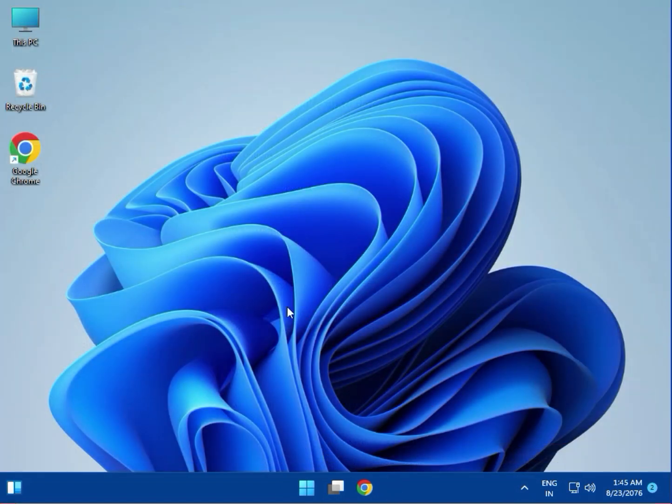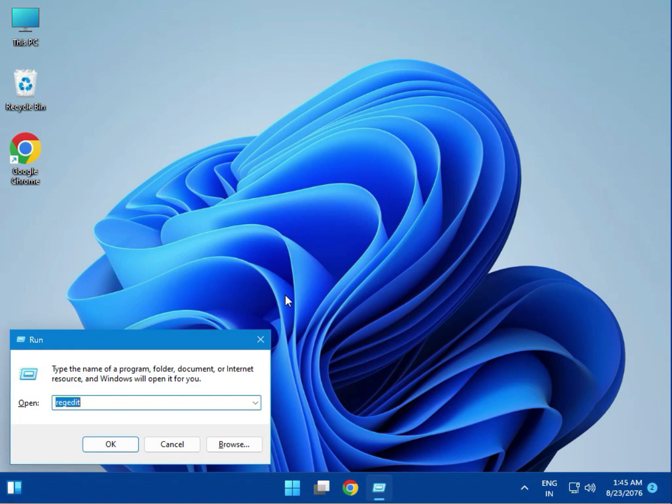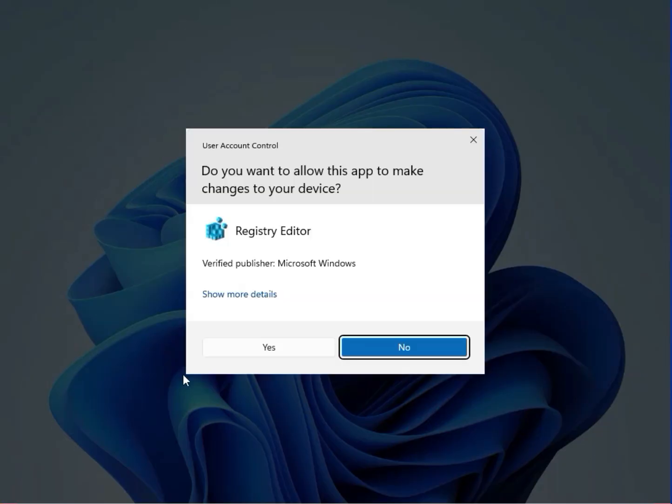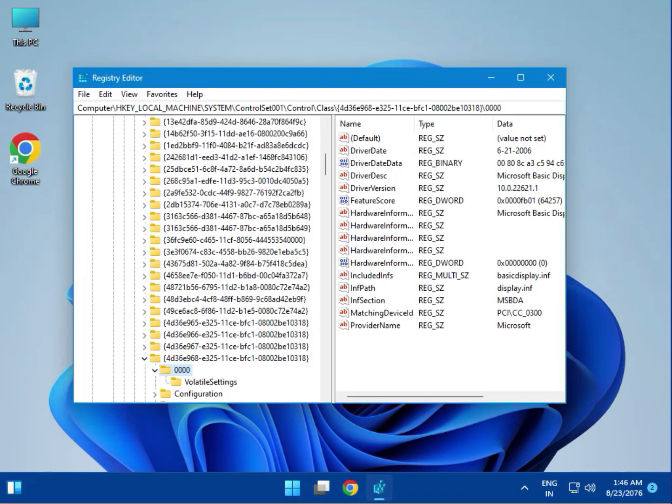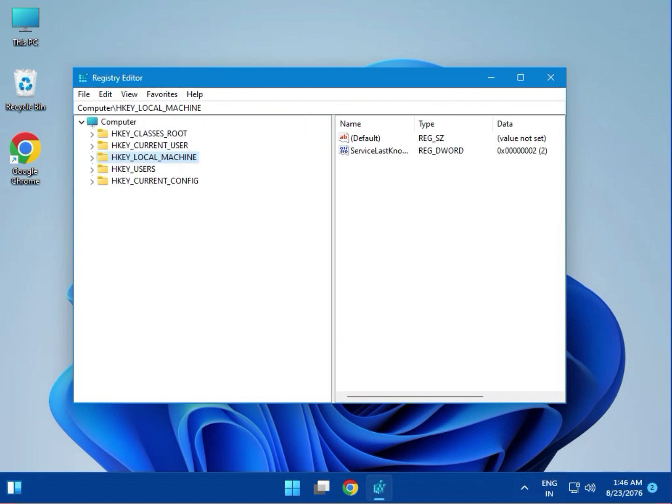Next method, delete registry key for the folder view. So Windows R and enter the regedit registry and then OK. Then yes. Then click on local machine, software,